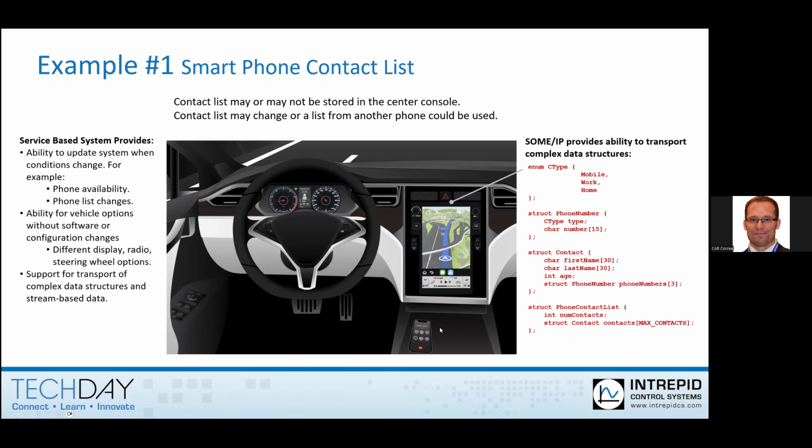Another example would be, let's say that a new phone came into the car, a second phone, and that second phone has a preferred phone and a different contact list than the first phone. It's possible that we can replace the existing phone contact list with the second phone's contact list, and then all the electronics in the vehicle can be automatically notified saying, hey, there's a new phone contact list here that we can use, and let's reset all of the user interfaces relative to the phone contact list in the vehicle.